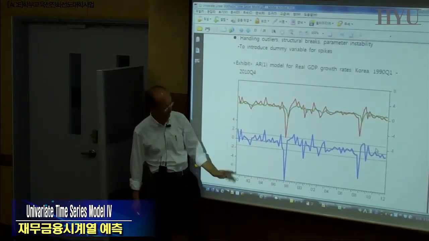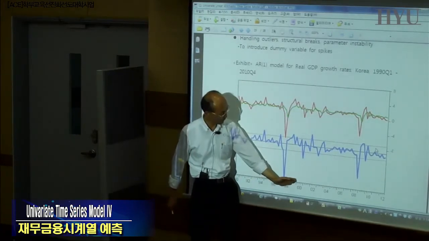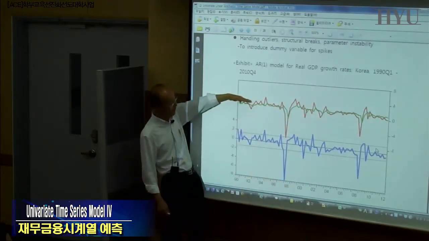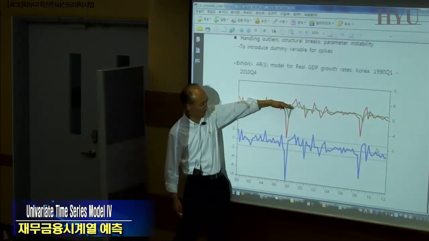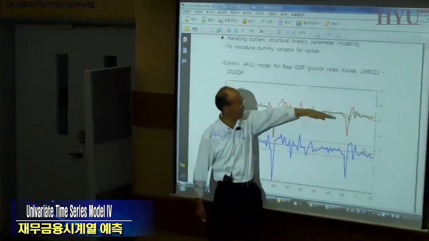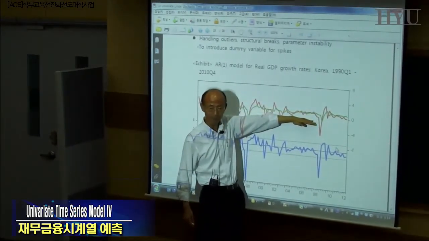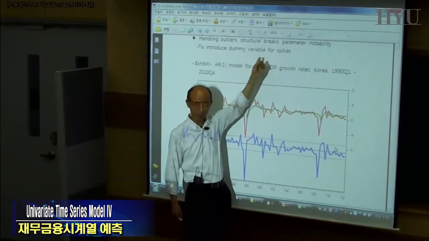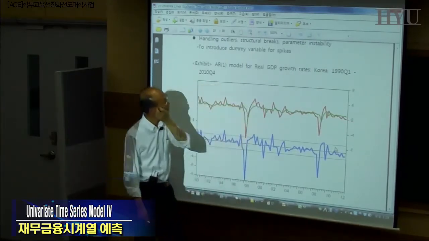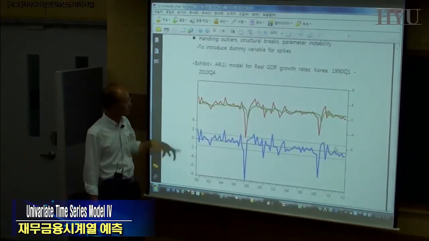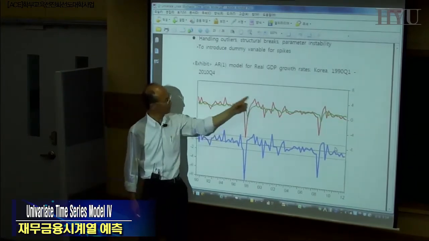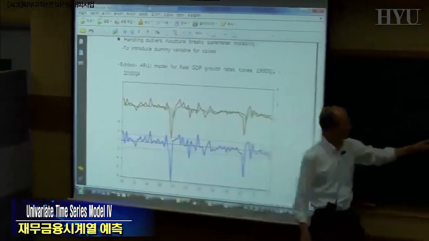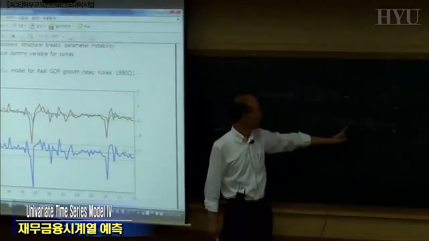So you have to think about whether these are in fact something called outliers, or sometimes you can hardly tell. But when you actually look at the data before and after, let's say, the year 2000, the average is slightly higher here than in the later period. We say that kind of thing is structural growth. That's a possibility. Or sometimes there could be an AR(1) process, so non-zero pi for Korean GDP growth rate,